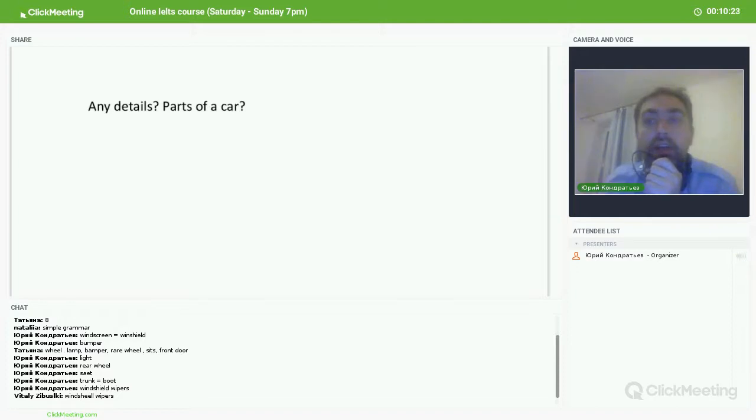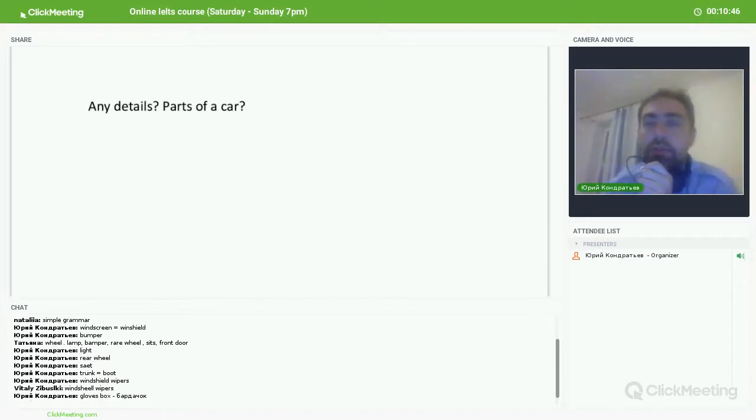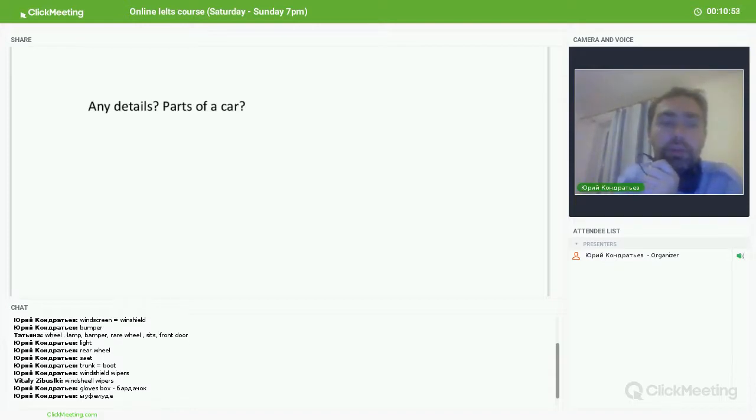Okay, then, just for your information, there is one more. Maybe you don't need to use it in this letter, but you can mention it in other types. There is the glove box. It's usually in the front. If the steering wheel is on the left, you have this box on the right. It's called the glove box. What else? Don't forget that you also have seat belts. Seat belt.